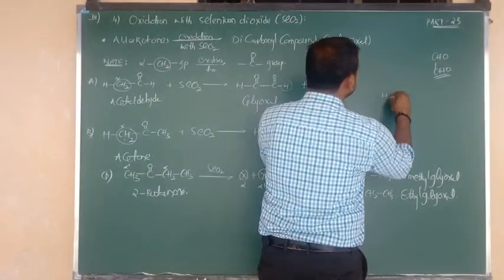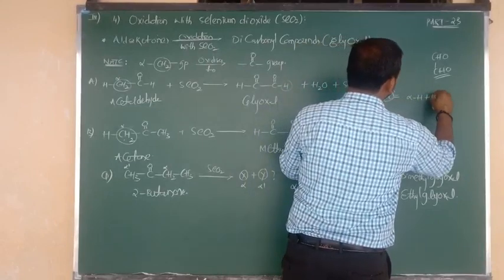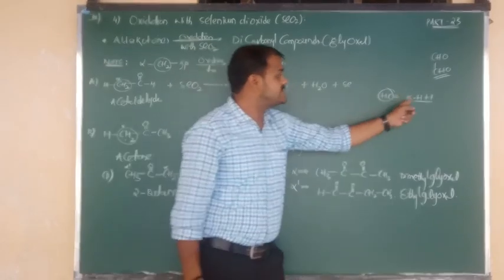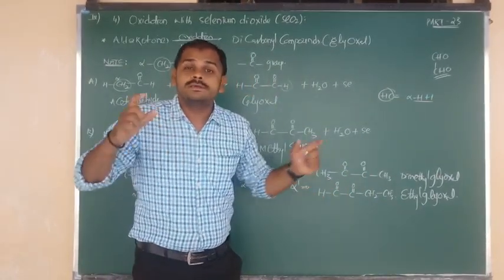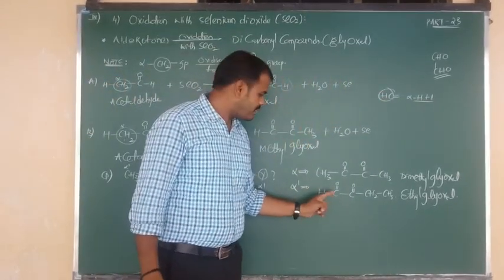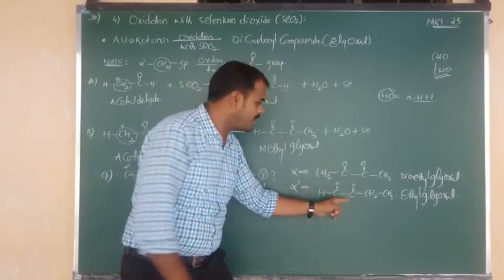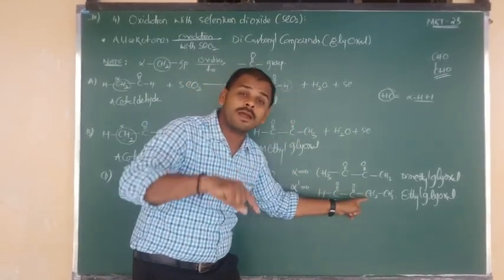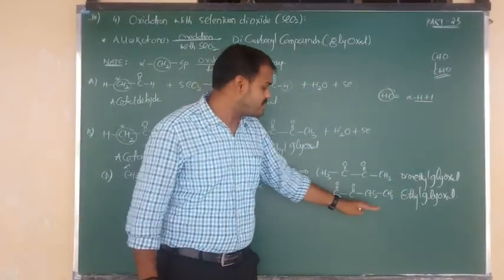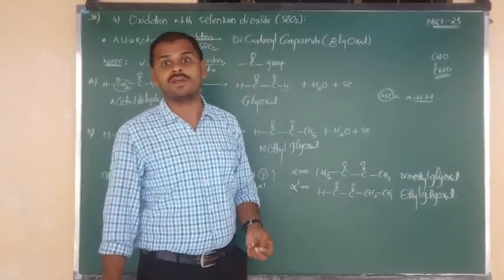So the number of hyperconjugative or resonance structures equals the number of alpha hydrogens plus 1. This formula we have to apply. How many alpha hydrogens are there? 6. 6 plus 1, so we can write 7 hyperconjugative resonance structures. On the other side of C double bond O, there is only one alpha carbon, containing only 2 hydrogen atoms. So 2 plus 1, total how many resonance structures? By using the second one, we can write 3 resonance structures. By using the first one, we can write 7.